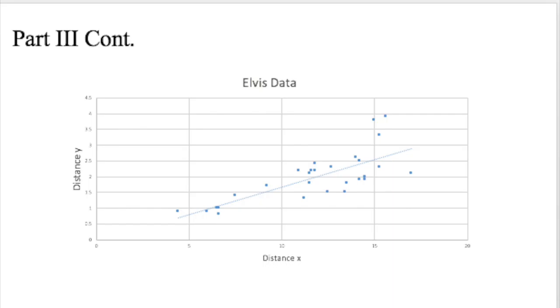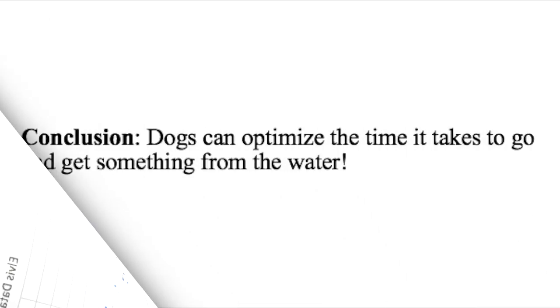From the graph, we can see that the points are the closest to the line when x is less than 10. And at about the 15-meter mark, the data points start to fall further and further away from the line. From all the data we were given and the models we've created, we can finally say that dogs like Lassie and Elvis do have the ability to optimize the time it takes to see something in the water and go and get it. Whether it be a drowning person in Lassie's case or a tennis ball in Elvis's case,